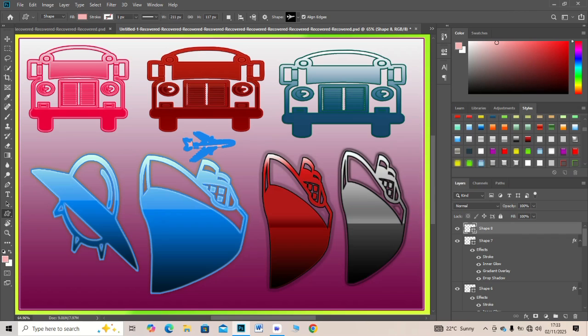Add some mist or white particles for realism. It looks cinematic and